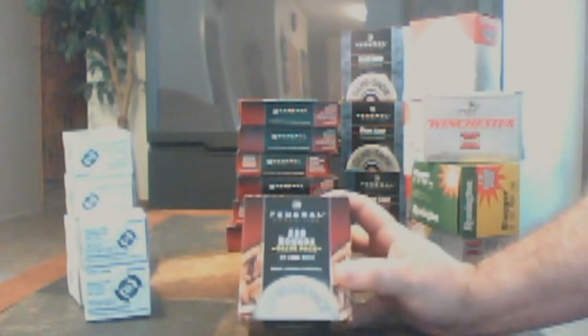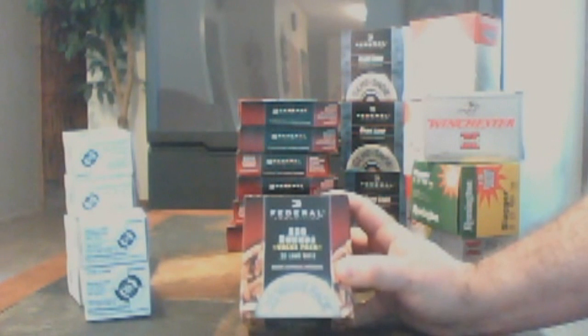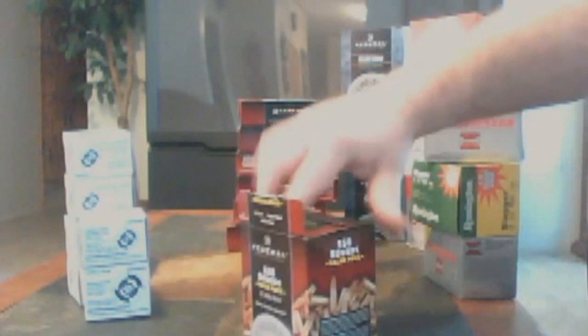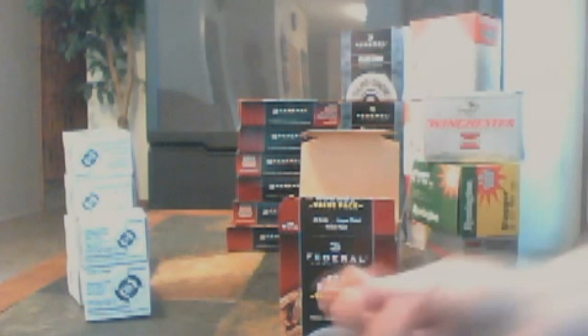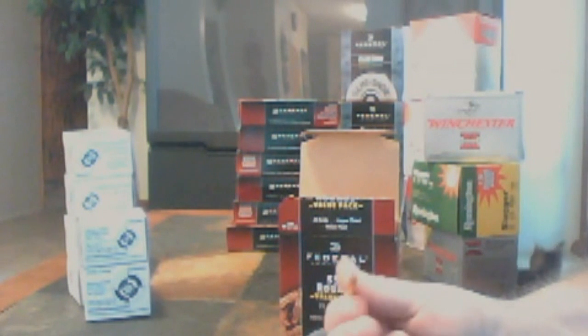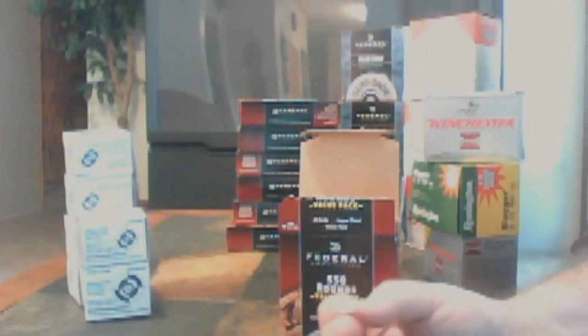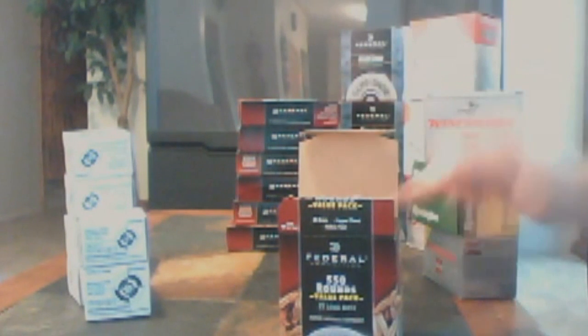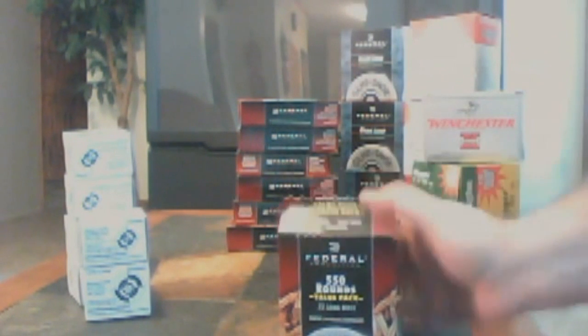And this, finally, is the Federal 22 long rifle. Again, this is from Walmart as well. There you can see it. Nothing fancy. It's rimfire, of course. But this is 550 rounds of 22 long rifle